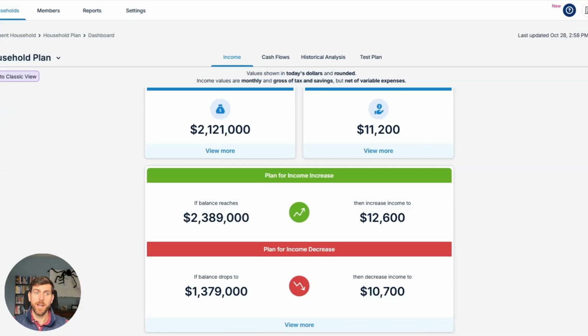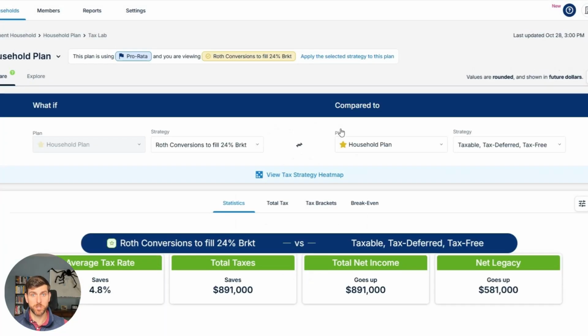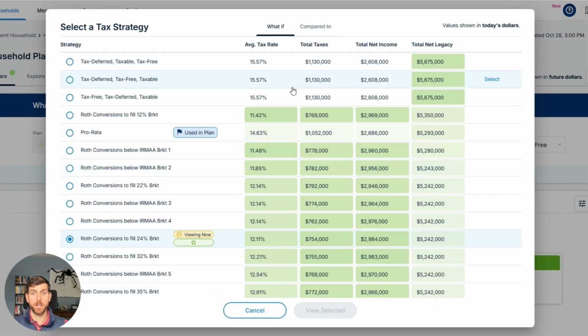So that could be the best situation for you, but I want to introduce you to the capability of a planner and a software together working to figure out what is the best outcome for you, because your withdrawal strategy is going to be unique to the assets you have and how they're positioned from a tax perspective. So I can run for you what happens if you were to take, for example, all the tax deferred account assets out first, exhaust them, then you move on to the taxable, then you move into the tax-free or Roth accounts.